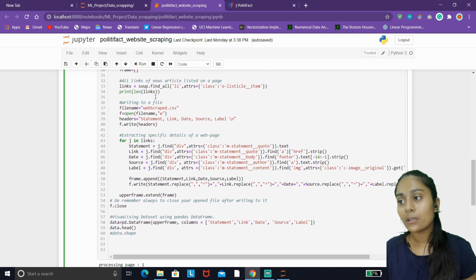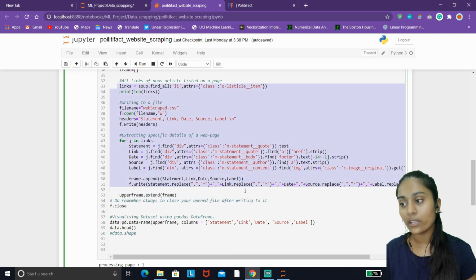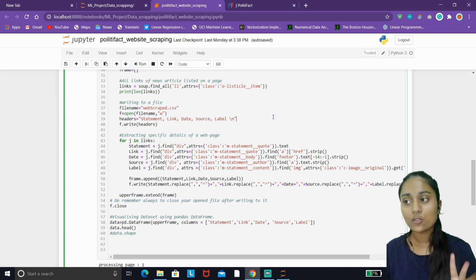Now, next step. Before I talk about this statement, I will first tell you about two functions that we are going to use from this point to this point. There are two functions mainly that we are using here to find attributes from HTML content.